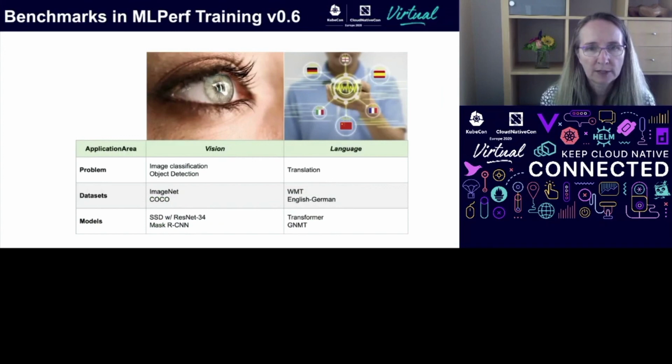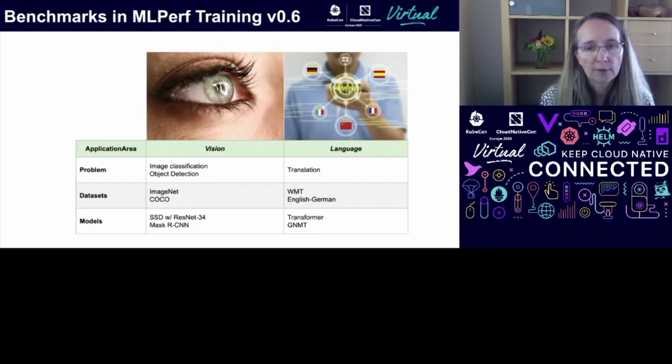So the MLPerf benchmarks solve real-world problems, such as computer vision problems like identifying objects in images, and translating one language to another. We are going to run the SSD benchmark, which consists of the SSD model with ResNet 34, and uses the COCO Data Set, which is a publicly available data set.